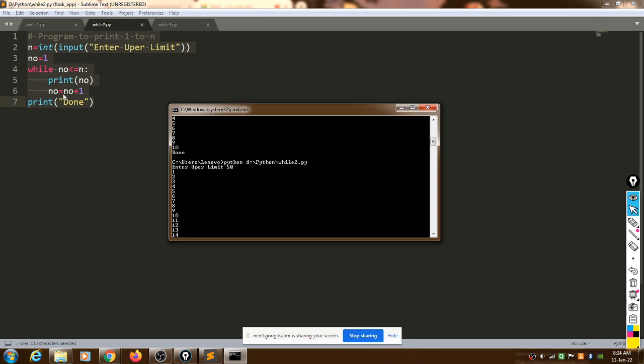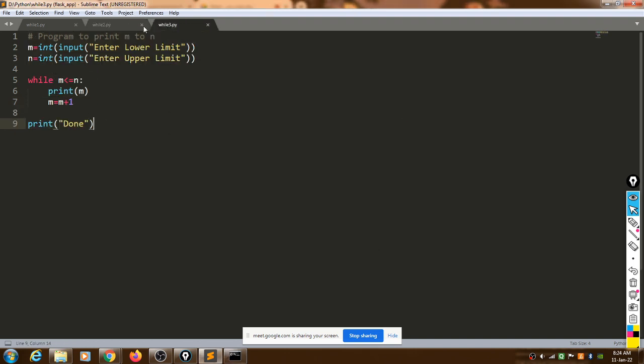This is the second question we saw in the last practical. The third question we saw is where we input a lower value as well as an upper value. What are the statements here? The variable m is assigned for the lower limit and n for the upper limit.